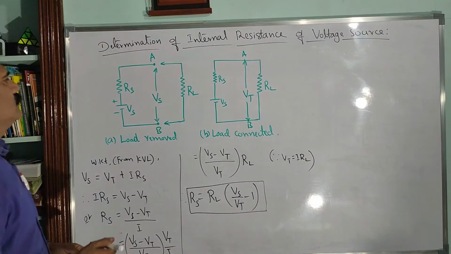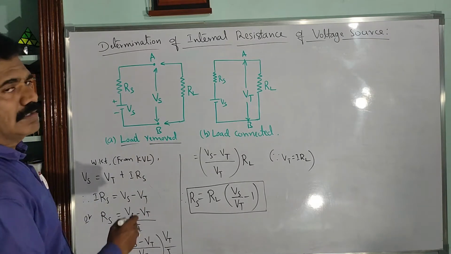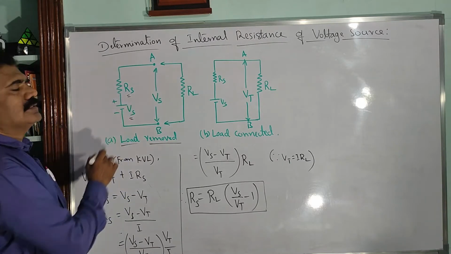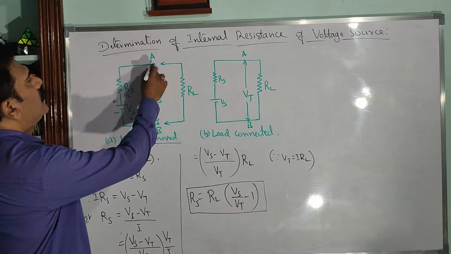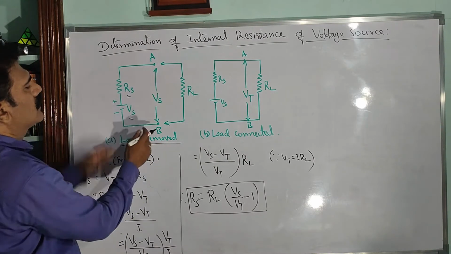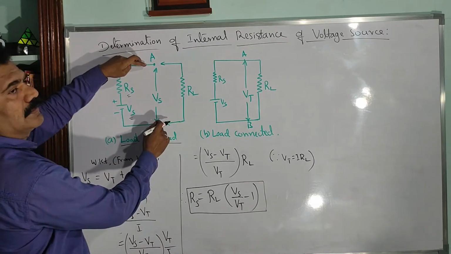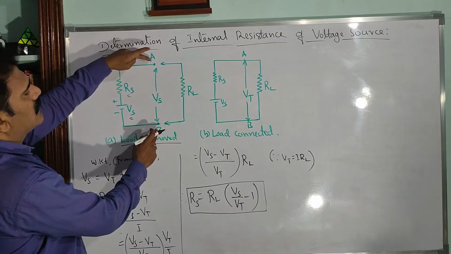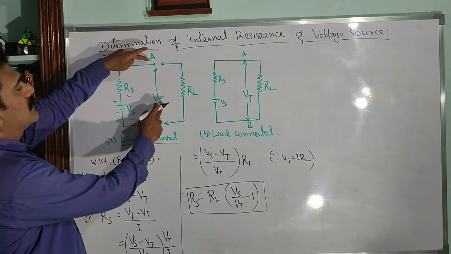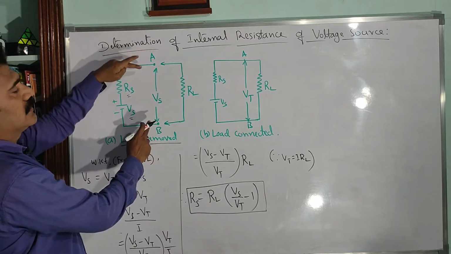Now just look at the circuit diagrams. In the first circuit diagram, you have a voltage source along with its internal resistance Rs, and then the two terminals A and B. In the first diagram the two terminals are open, so the load resistor RL is not yet connected, so that we can measure the supply voltage as Vs itself. The supply voltage or source voltage can be measured across the terminals A and B.